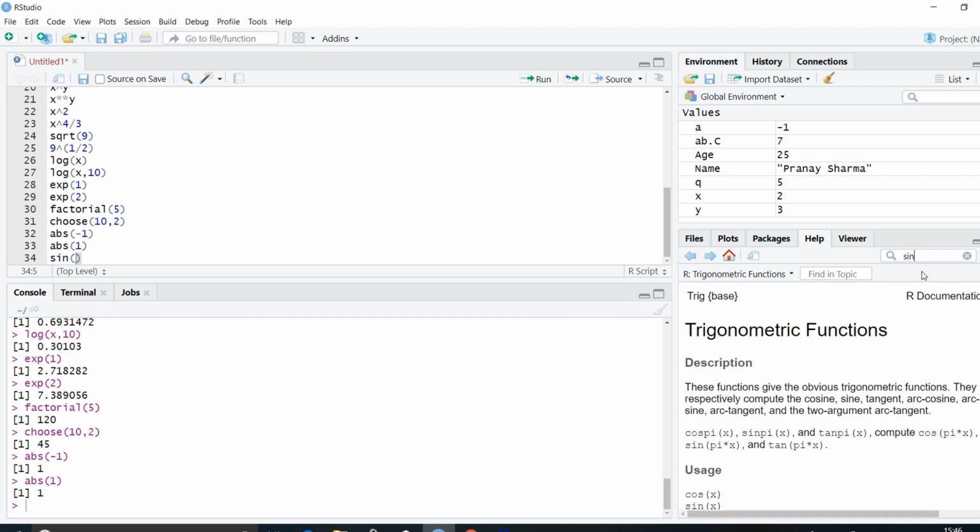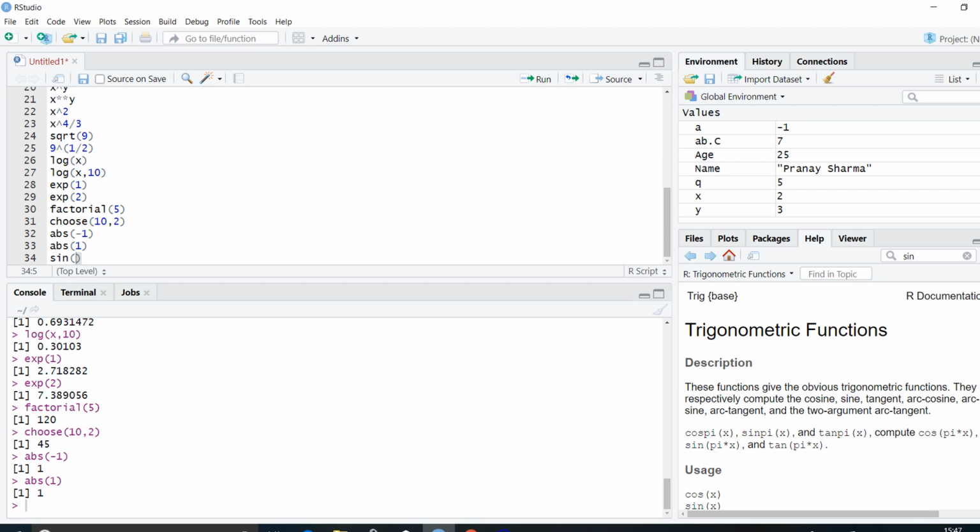We'll select the sine function and we can read everything about it. These functions give the obvious trigonometric functions. They respectively compute the cosine, sine, tangent, arc cosine, arc sine and arctangent, and the two-argument arctangent.